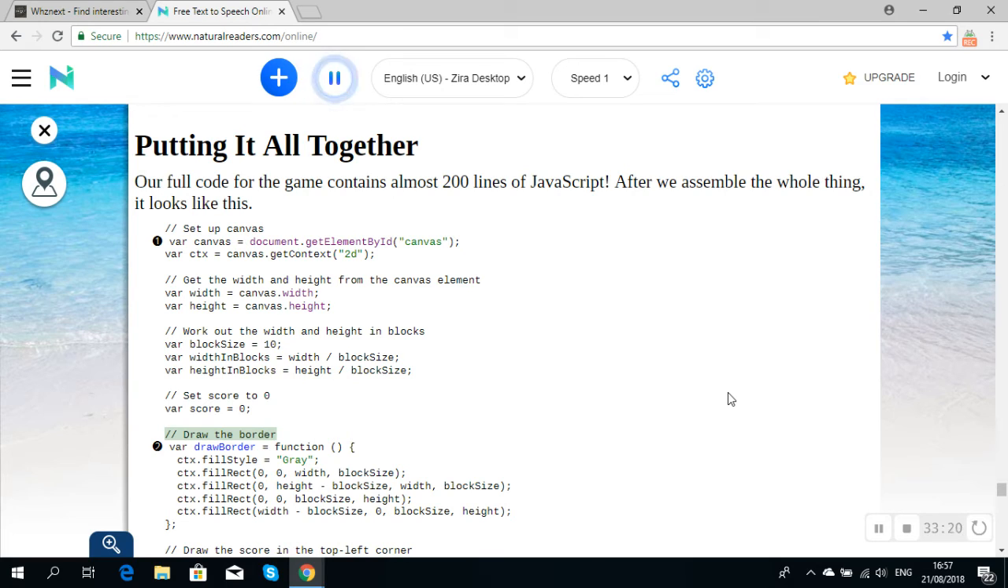// Draw the border. var drawBorder = function () { ctx.fillStyle = "Gray"; ctx.fillRect(0, 0, width, blockSize); ctx.fillRect(0, height - blockSize, width, blockSize); ctx.fillRect(0, 0, blockSize, height); ctx.fillRect(width - blockSize, 0, blockSize, height); };